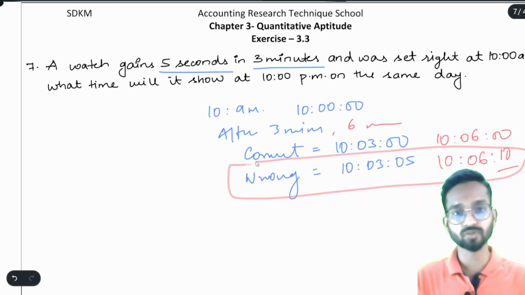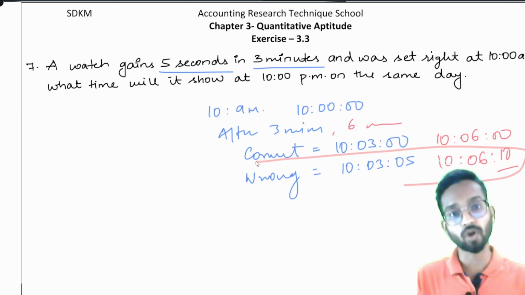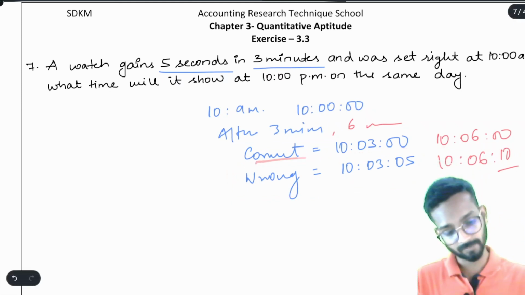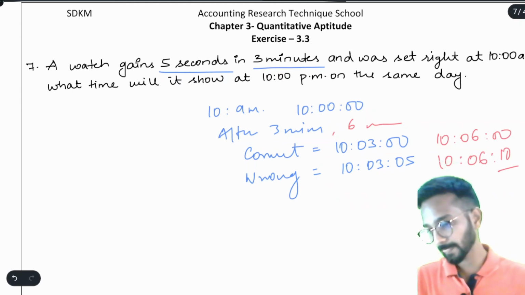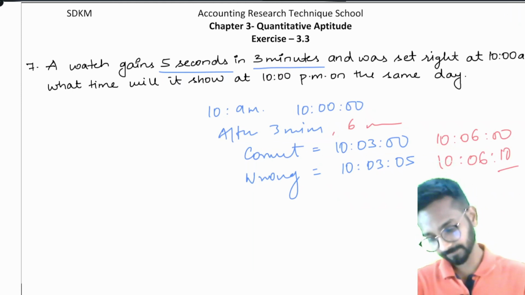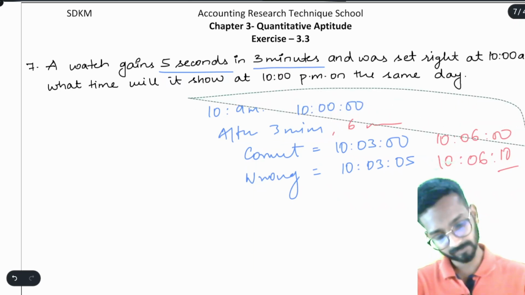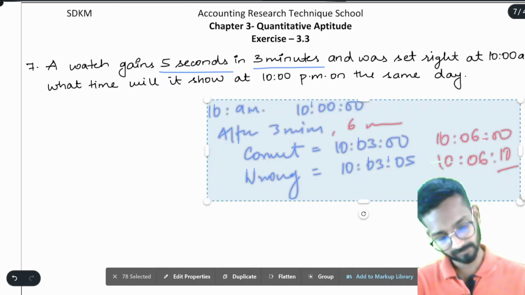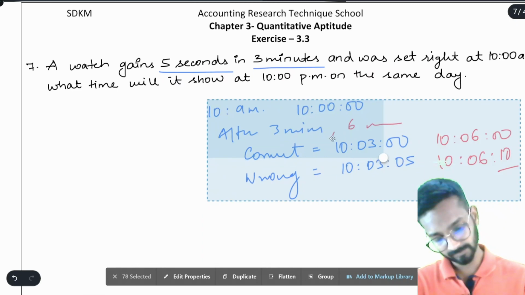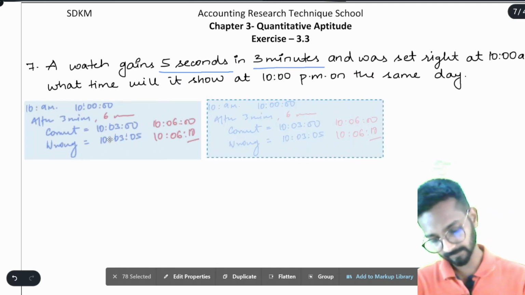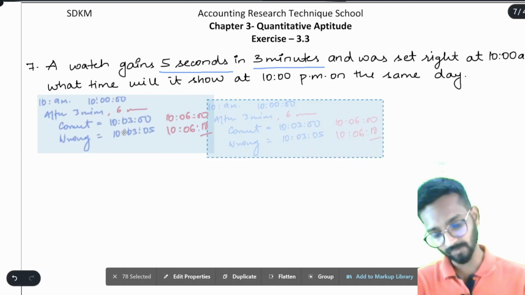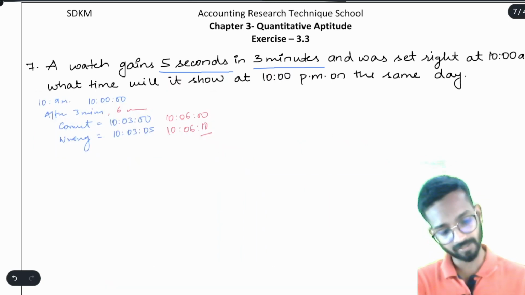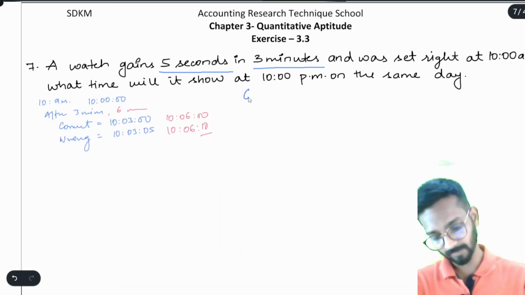Because our watch is showing the wrong time, we have to find the wrong time. How will we do it? See, gain. This is just for understanding purpose, you are not supposed to write it. Now see, gain in